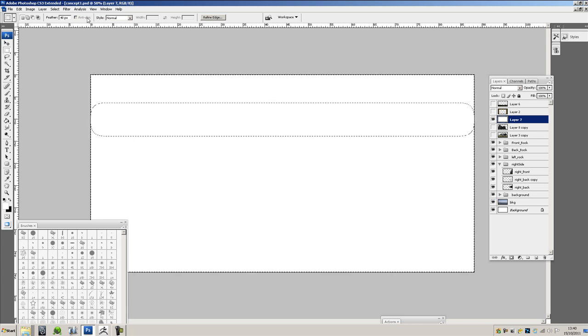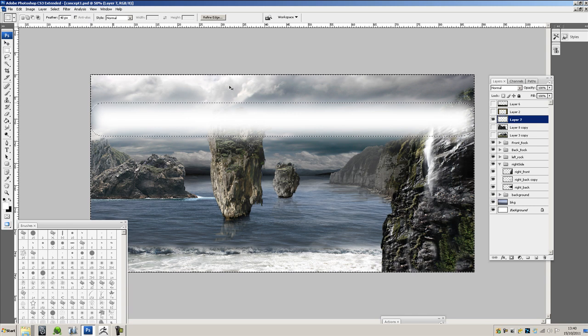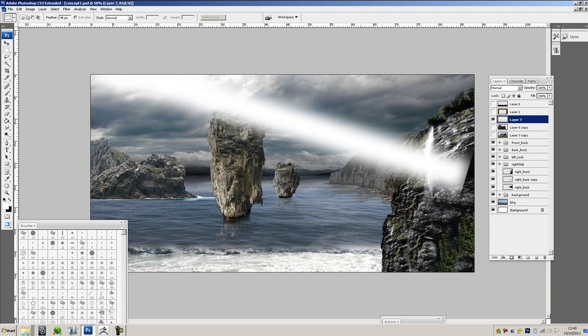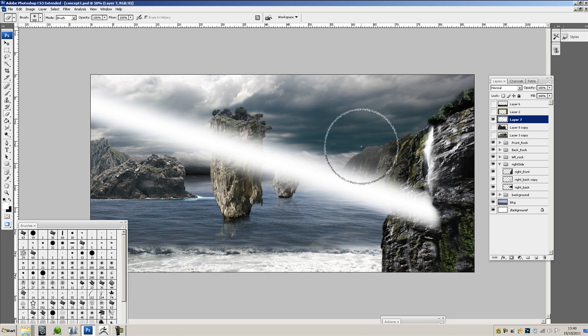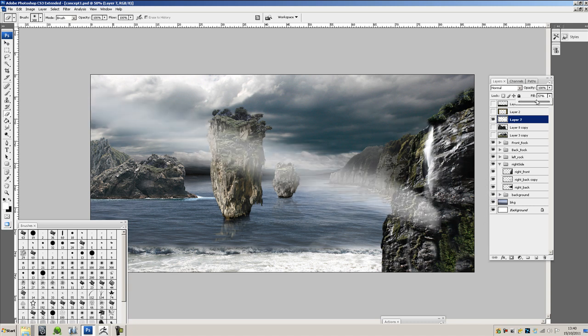I'm going to select inverse, and instantly we have a light ray, which may not look like a light ray at the moment, but as soon as I drop the fill,